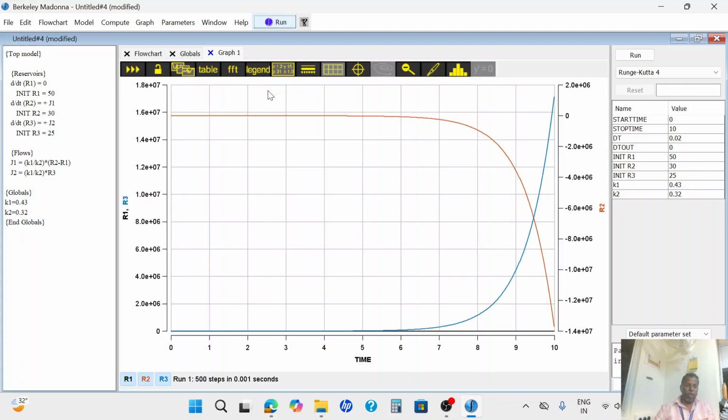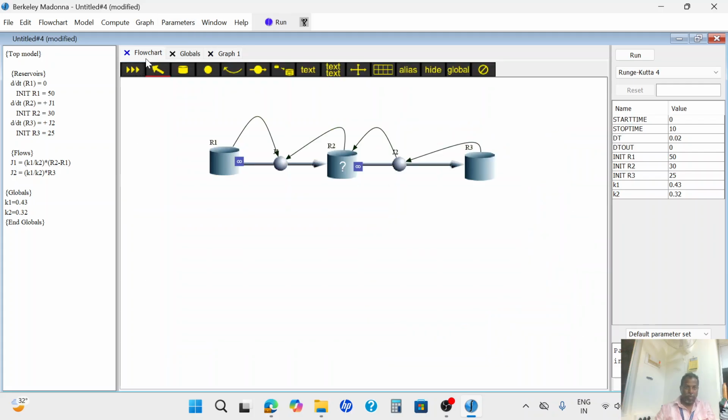We'll be getting R1, R2, R3. R3 is not changing. It is a constant line. It is flowing. You can see the legend. R3 is blue color, R2 is red color. Then R1 is constant. Suppose if you want to change the R1,